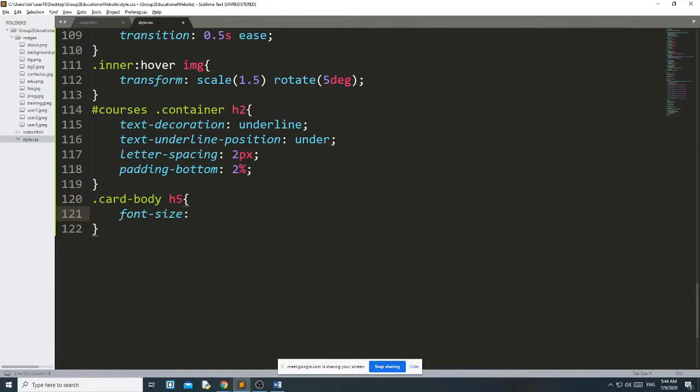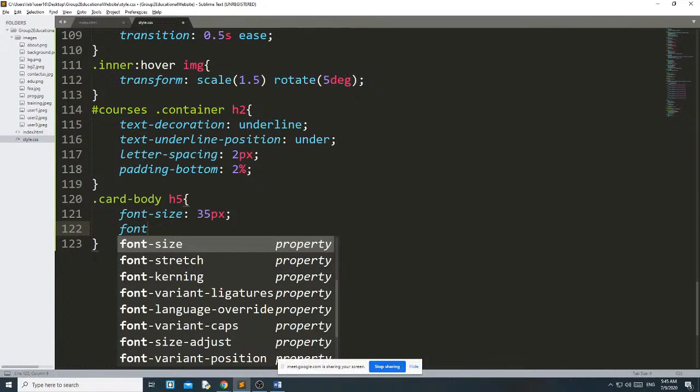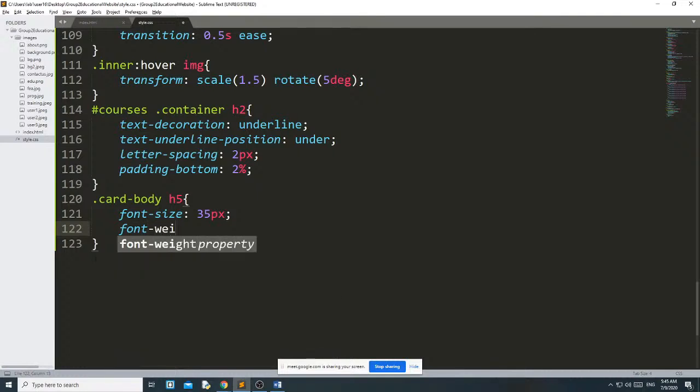Font size 35 pixel, then font weight 400. You can also write light or bold. 400 is light. If you want bold, then you can use 600.